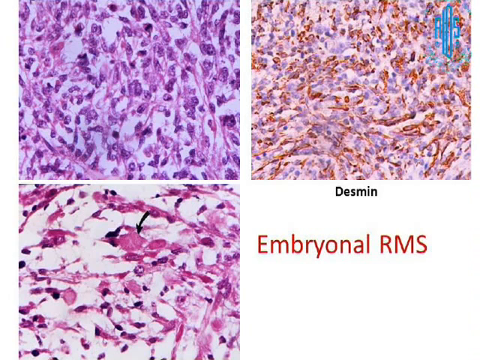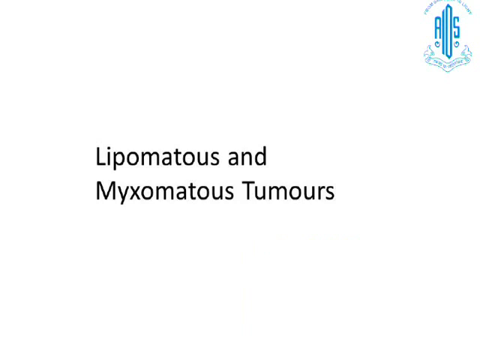Embryonal rhabdomyosarcomas are round to spindle-shaped cells. Sometimes you see these large rhabdomyoblasts, and even striations may be seen at times. So when in doubt, desmin will be positive in the tumor cells, giving this diagnosis of embryonal rhabdomyosarcoma. Now coming on to myxomatous tumors,